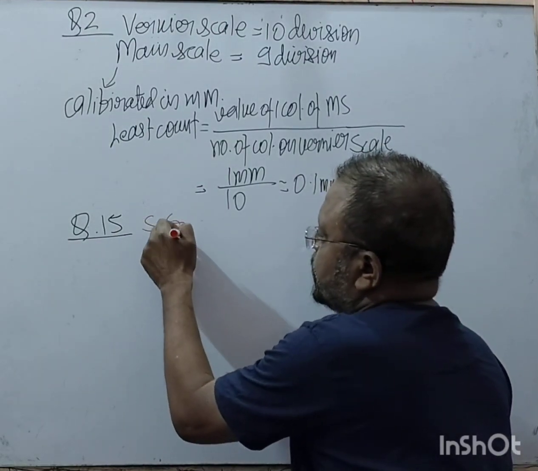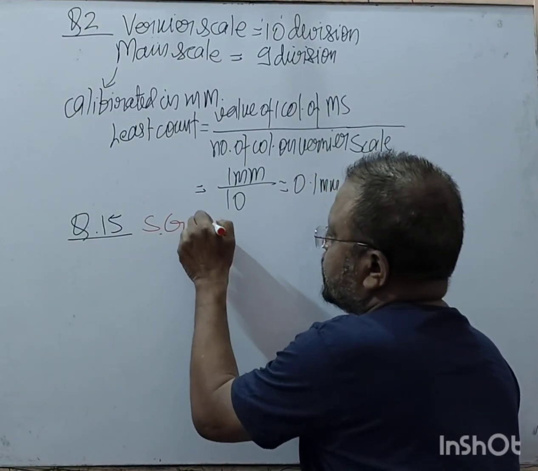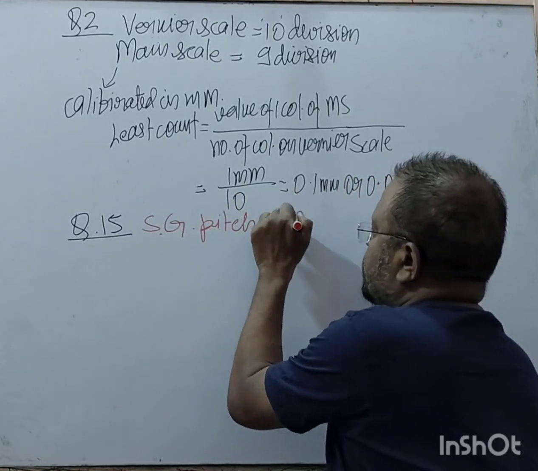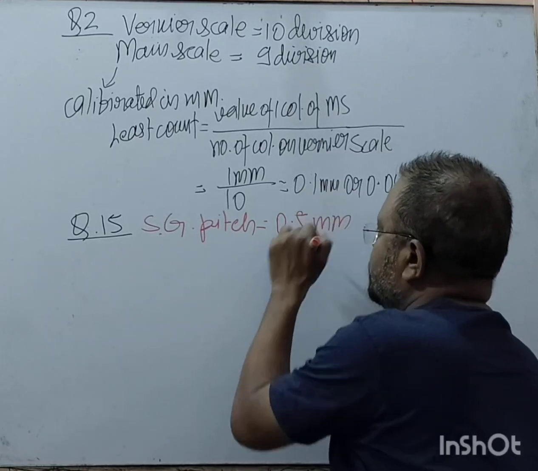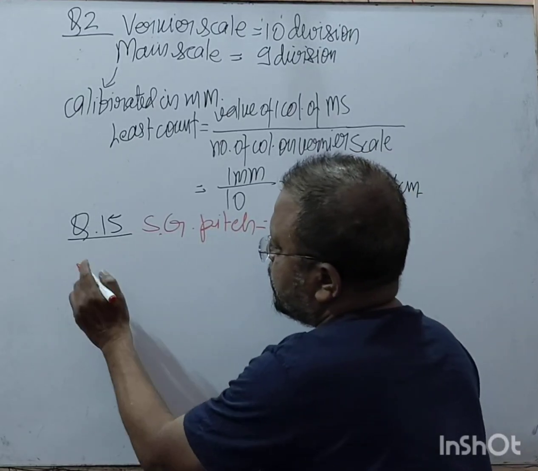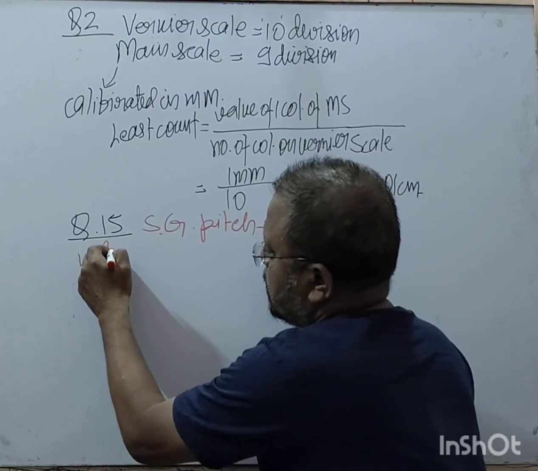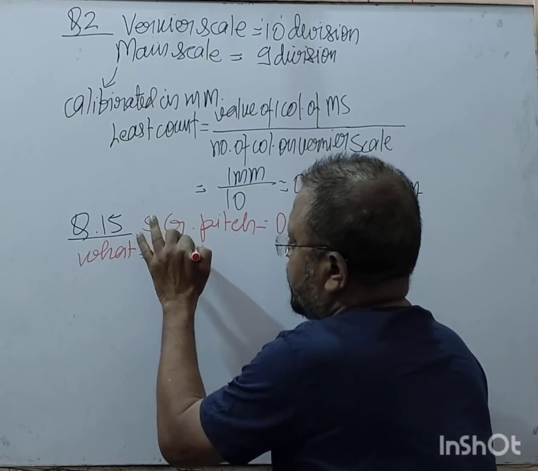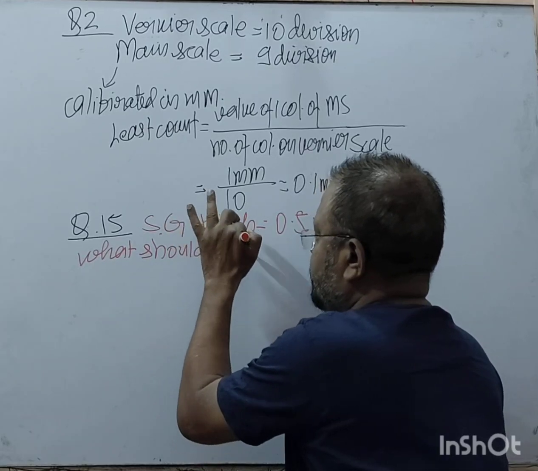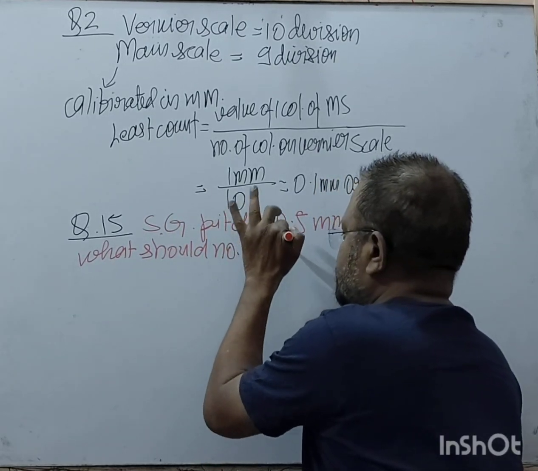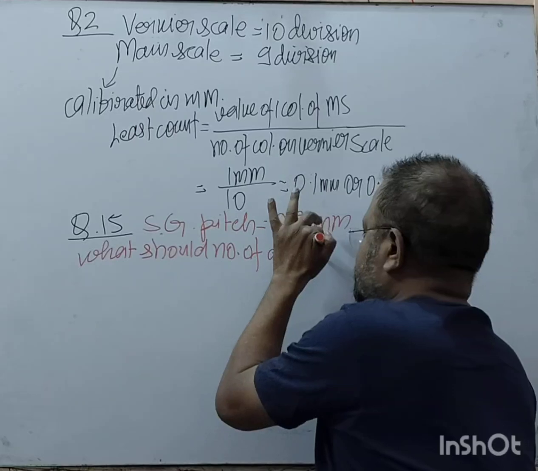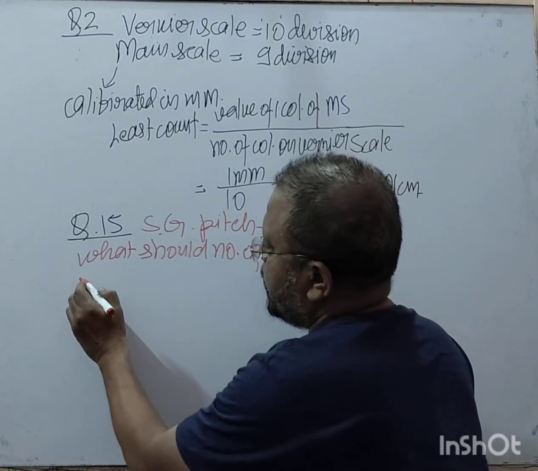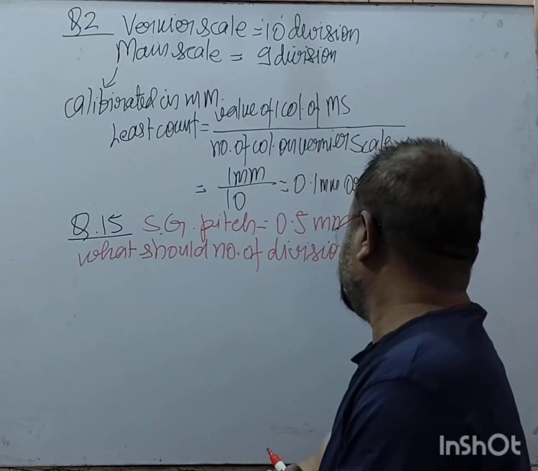What should be the number of divisions on its head